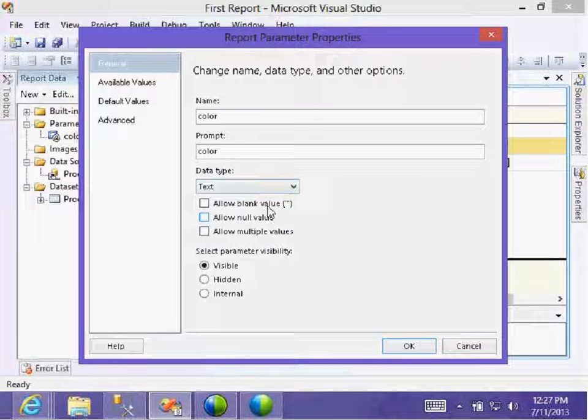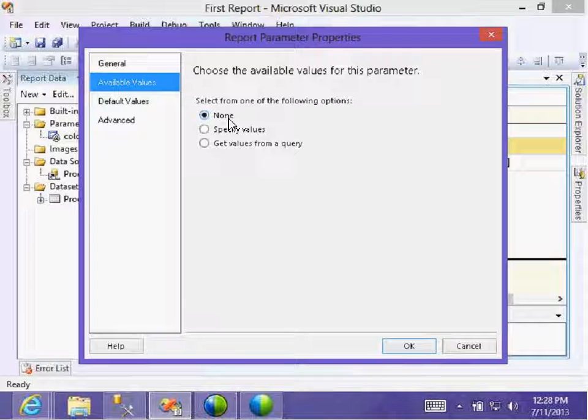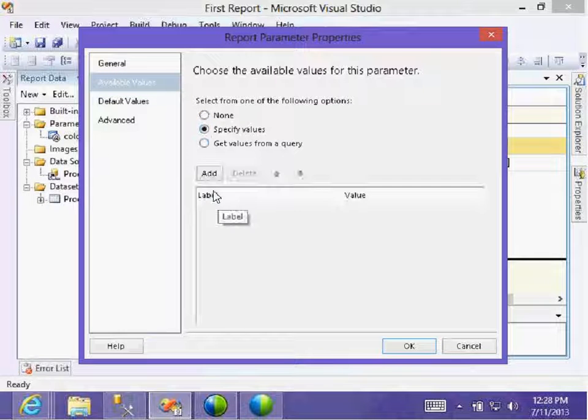Okay. Then forget about the first page part. Go to the default available values. Right now, I want to select it. Then specify the values.